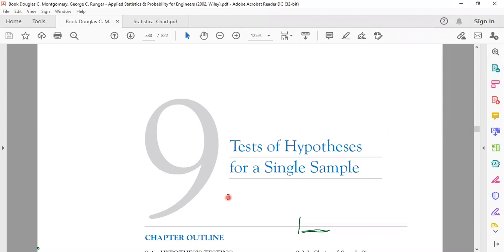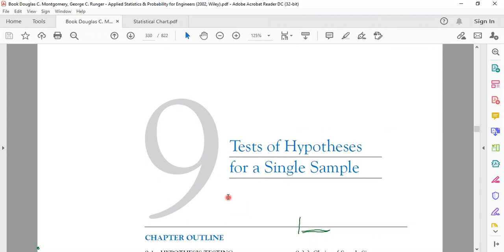If I try to split this PDF file and upload this book to this website, with my bandwidth it takes much longer. So it is better you download it and read it by yourself. I have already referred to you which particular pages I was teaching. Note down page number 330, chapter 9, statistical test of hypothesis of a single sample. So this is all about the t-statistic.